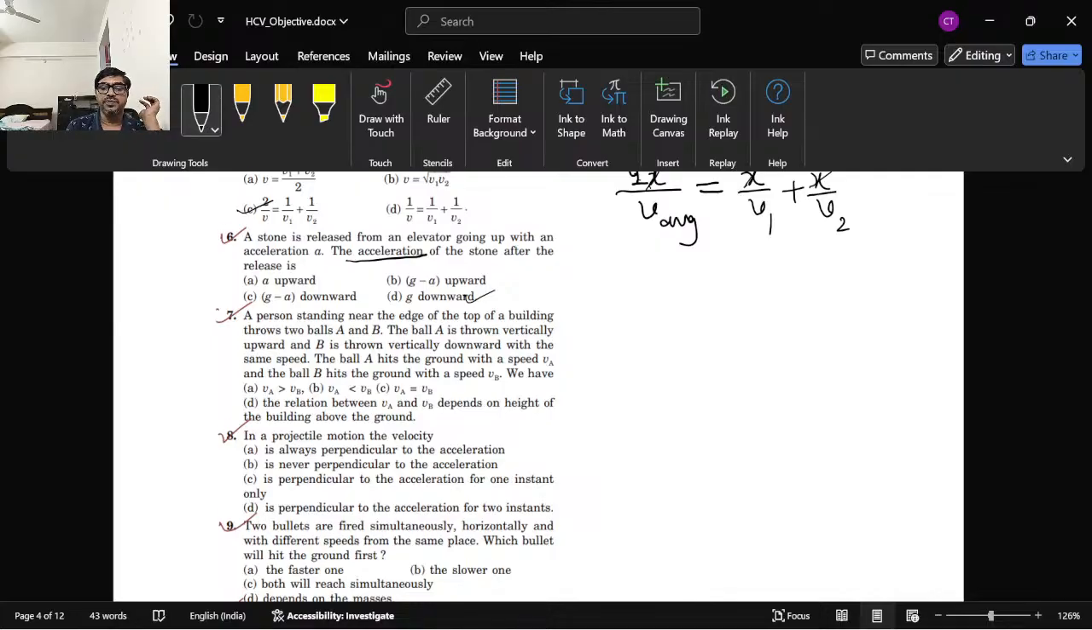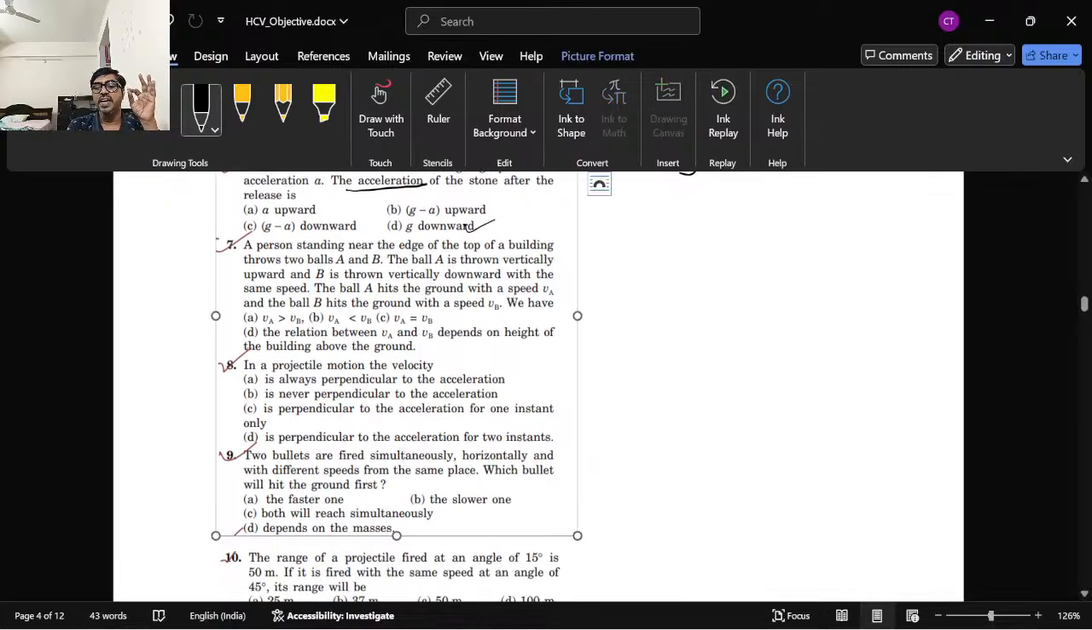Now seventh question. A person standing near the edge of the top of a building throws two balls A and B. Ball A is thrown vertically upwards, ball B is thrown vertically downward at the same speed. The ball A hits the ground with a speed VA and the ball B hits the ground with a speed VB. Then, okay, this is a good conceptual question. So, how do we solve it? I want to solve it in two methods. Method one